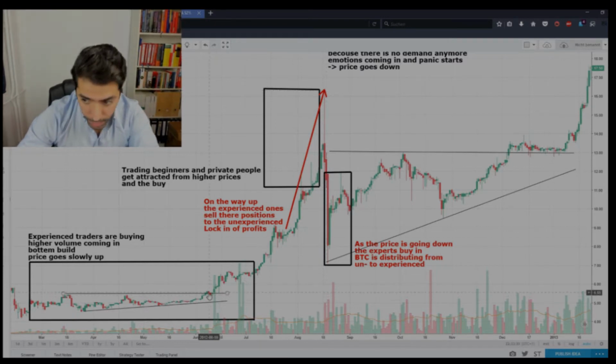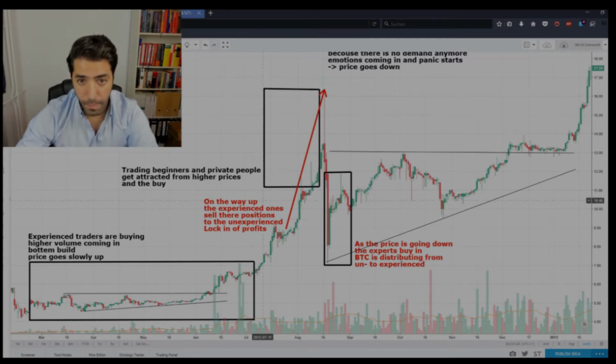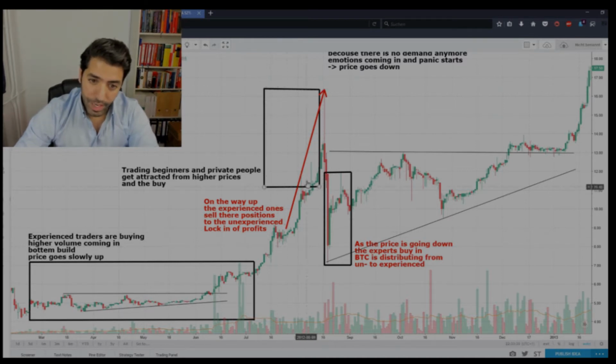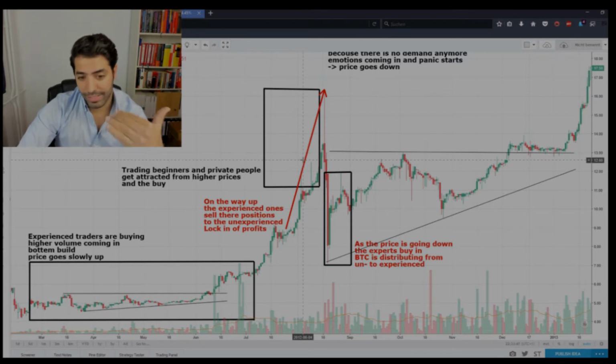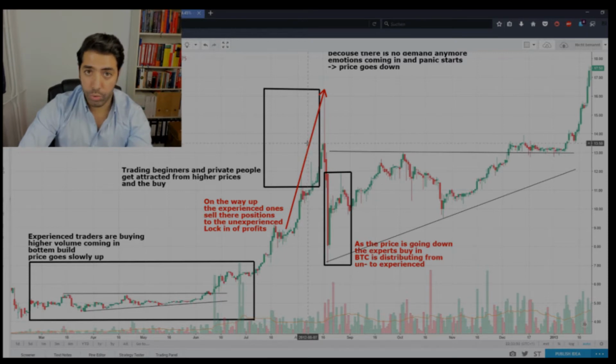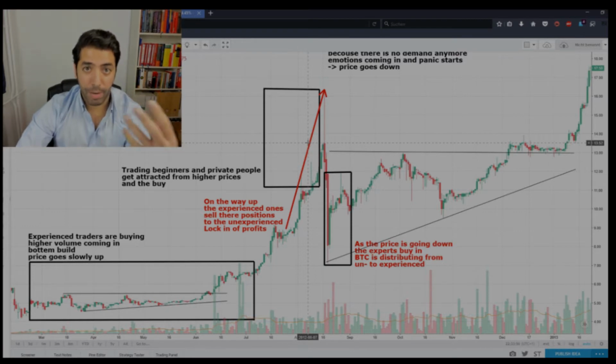So we came from $5, $5.50 let's say, and went all the way up to $16.35. And within this time, where the price goes up very fast, in this kind of parabolic movement, the experienced traders, who had their big positions already, are slowly selling their positions over to the inexperienced, because as you know, you can only sell your positions when there is a buyer.